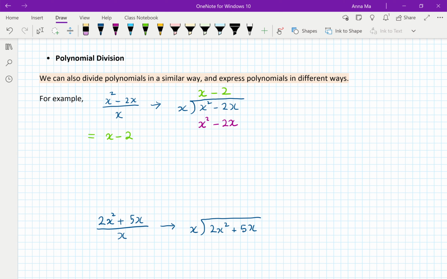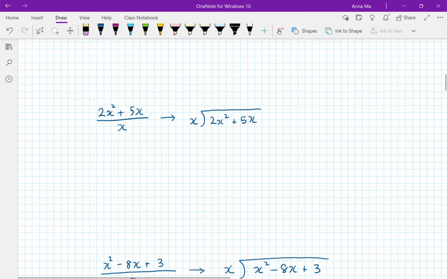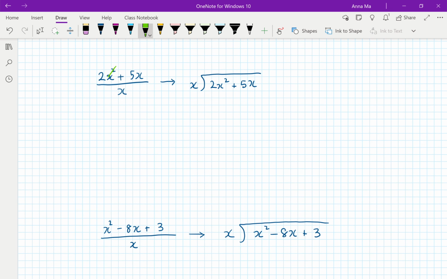So then for the next example as well, you can take the shortcut and say, we'll just cancel out the x's together. I know I'm going to get 2x plus 5. But if you were doing it the long way, you were trying to match it to the next term. So I'm asking x times what gives me 2x squared. I need to multiply it by 2x,